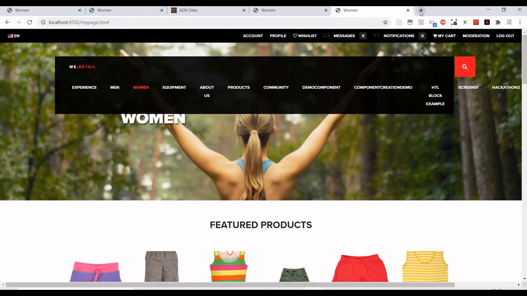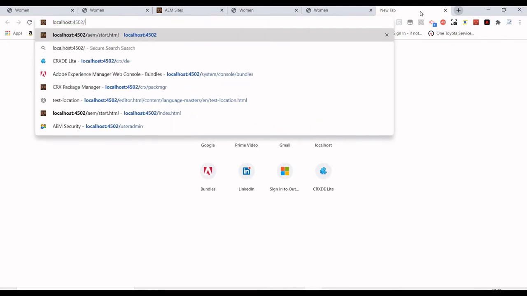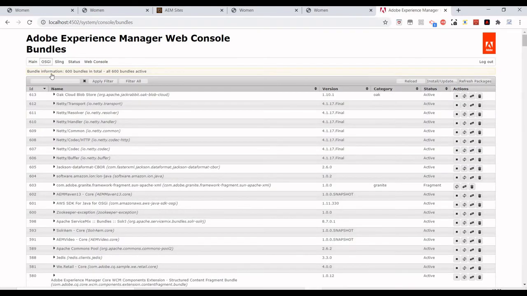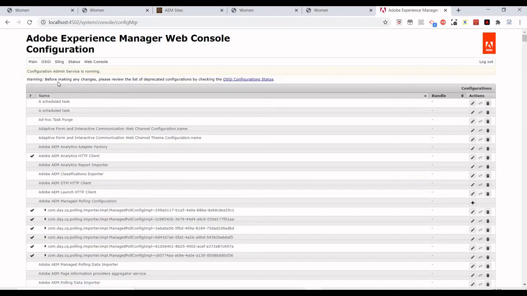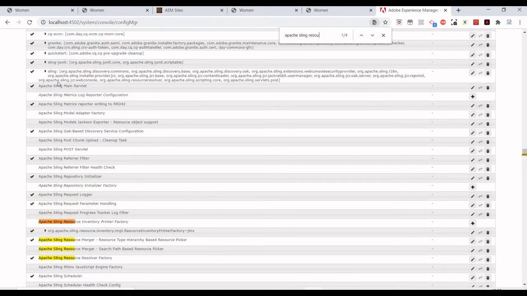Now there is something called the Sling Resource Resolver configuration factory. What we have to do is go to our system console, and then go to configurations. Now let's search for Apache Sling Resource Resolver factory.